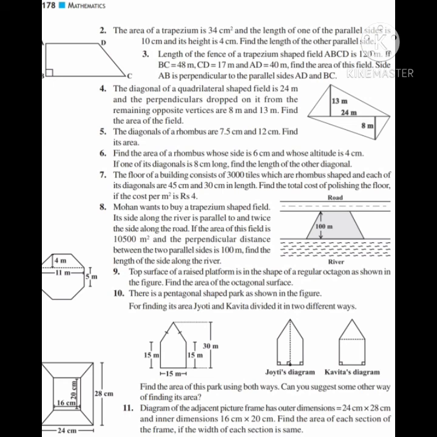Now the diagonal of a rhombus. Draw a rhombus. Okay. Now draw a diagonal 7.5 centimeter and 12 centimeter. Now utilizing the properties of a rhombus, you should remember the diagonals are perpendicular bisector of each other. They are perpendicular. So using this property, you will find out the side of rhombus. And you know all the sides of rhombus are equal.